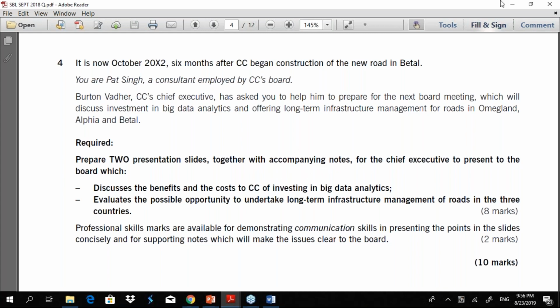Anyone know what these notes are? What are accompanying notes to presentation slides? What does that mean?